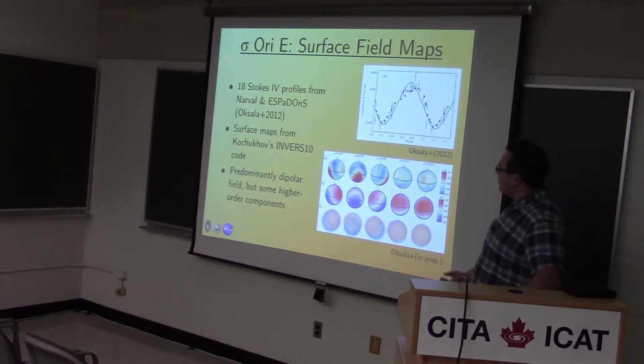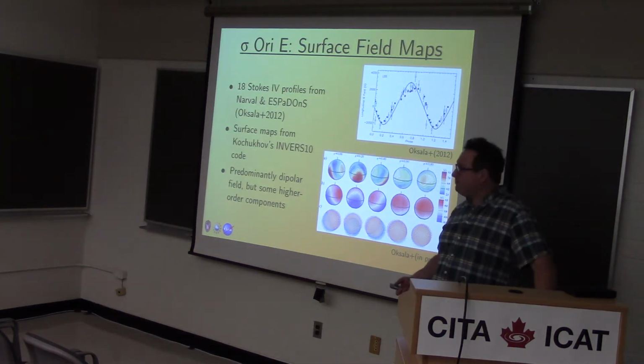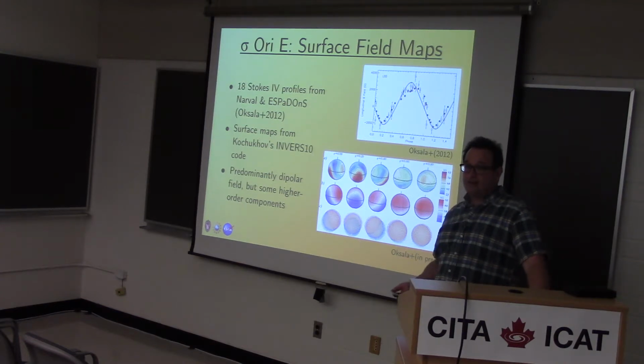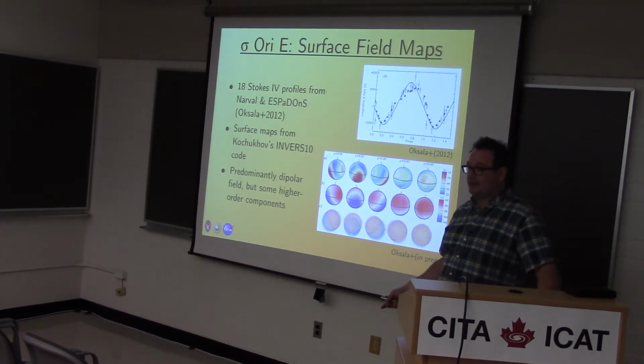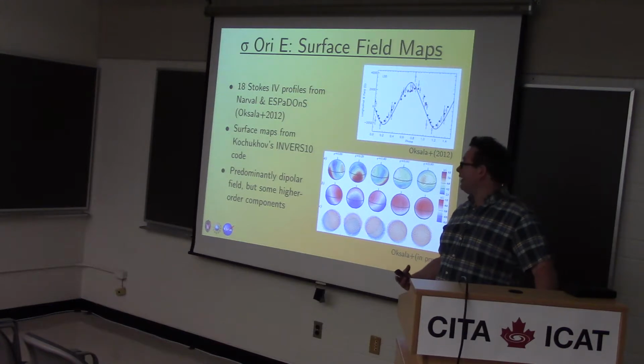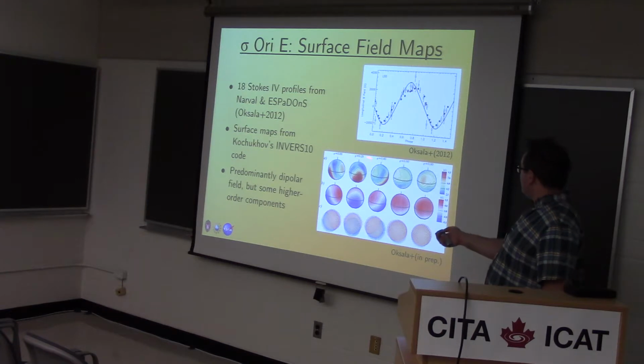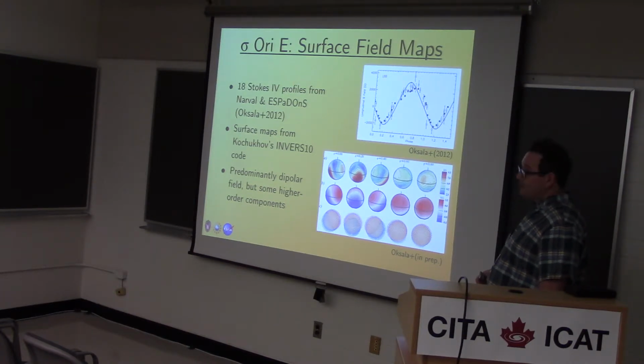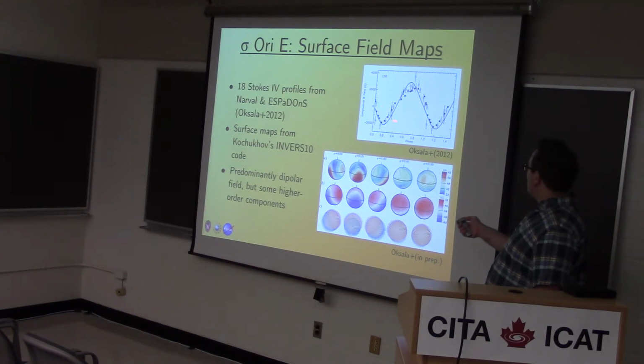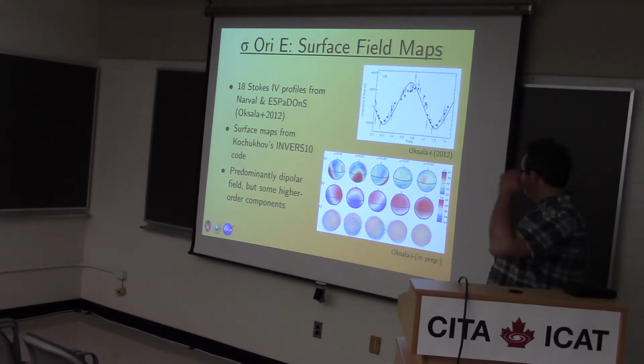So one of the things we wanted to do with the new data from the MIME survey is take improved field maps that didn't just assume a dipole field, but were actually based on the measured field, and repeat the whole procedure. This is what the measured field looks like. If you squint your eye, it's essentially dipolar, but there are some important departures. And this is what the longitudinal field curve looks like, and it's definitely not dipolar. You can see that, for instance, this maximum is kind of cut off.